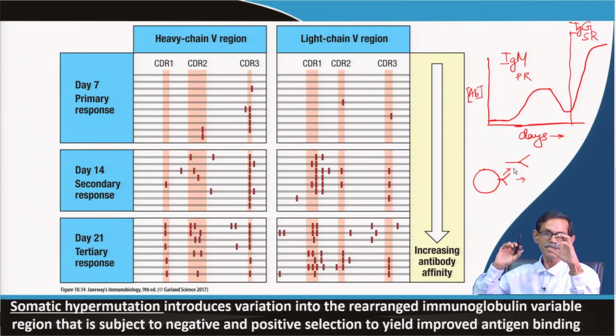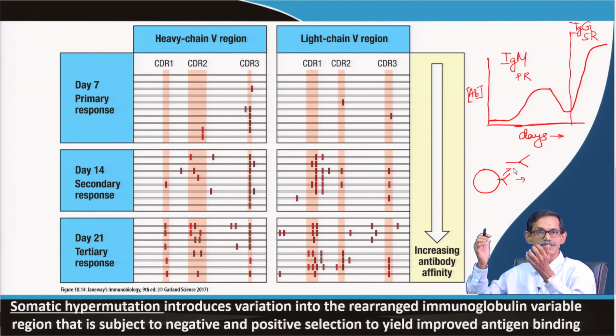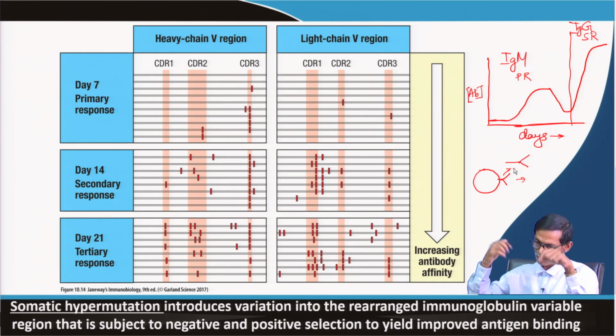Okay. So, now if some B cell gets activated in the primary response, how is it making a different or more specific antibody, because the B cell is not changing, right, and a new B cell is not coming in? In the same B cell, how come they are producing it? So, when it was analyzed, how does the antibody become more specific? What was found? There is a special event happening